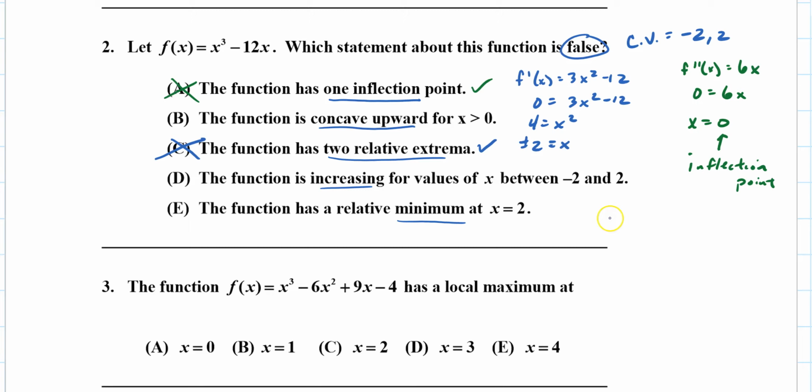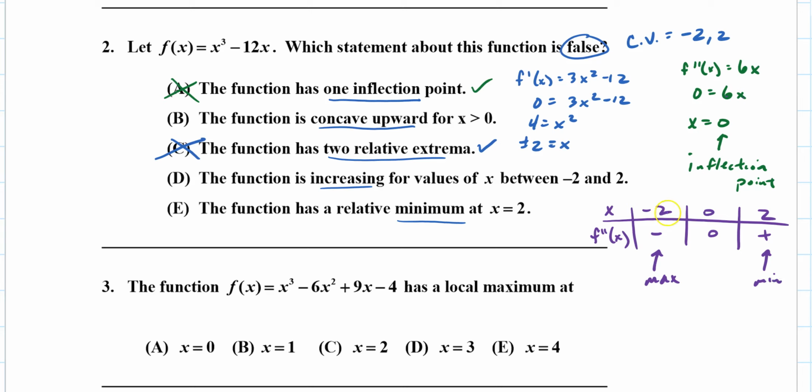But what I can do now is make my chart. And I'm going to go ahead and use the second derivative test. Because the second derivative test said that if I take any of those points, I can evaluate them into the second derivative. So I take the -2, plug it into 6 times x, that's a -12, so that's a negative value. Plug in a 0, I get 0, that doesn't tell me anything. And if I plug in a +2, I get a positive value. Well, what this tells me is that I've got a max at -2, I've got a min at +2,